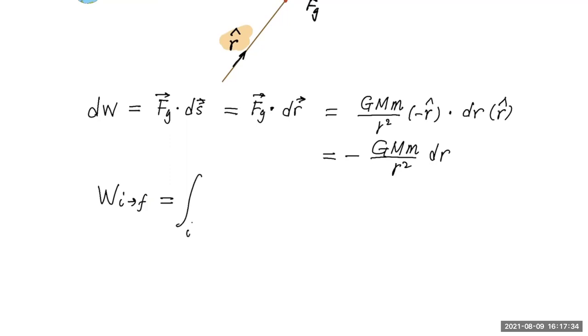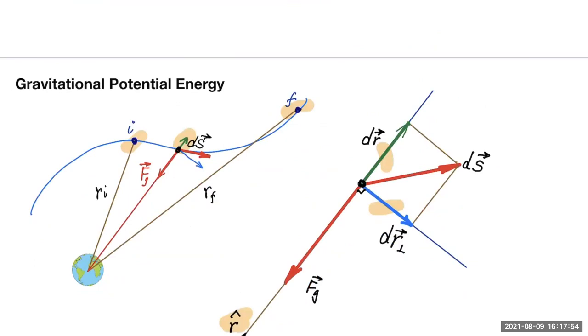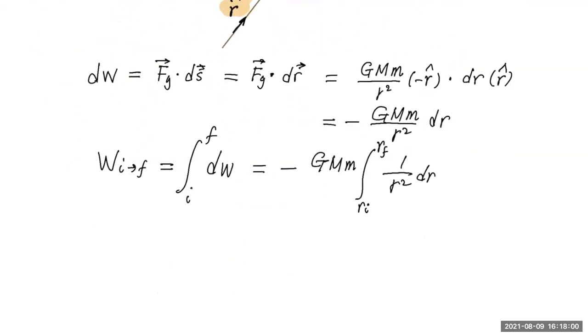Well, that is equal to the integral of dW, and let's work that out. I'm going to take these constants out: GMm, and then 1 over r squared dr going from r initial to r final. Okay, r initial is the initial distance between the center of the Earth and the mass in question. r final is the final distance. All right, now we can easily finish this integral, right? And the answer turns out to be negative GMm over r initial, plus GMm